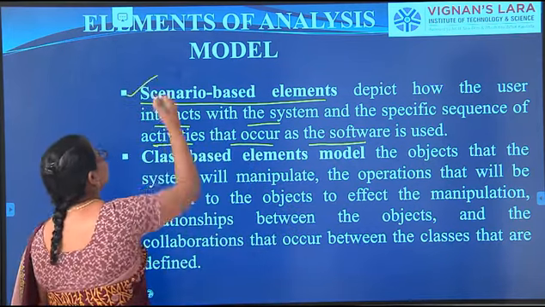As per my example, buttons are the objects that the system will manipulate. By keeping the two buttons over here, the smartboard marker has changed. Manipulate is nothing but change. Yes, the look will change. Then the operations that will be applied to the objects to affect the manipulation: whatever operations we are doing with that.